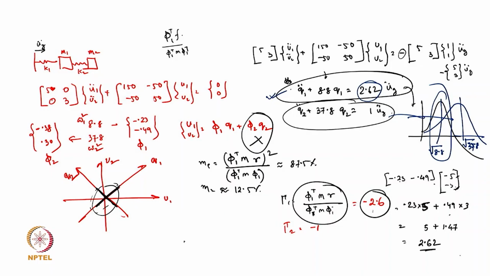We need to understand where and at which position, if we are approximating, I will be correct. I will also try to draw it in a much better manner. Please remember that equation: Q1 double dot plus 8.8 Q1 equals 2.6 UG double dot, and the other one is Q2 double dot plus 37.8 Q2 equals 1 UG double dot. Okay, now if I just try to see it,